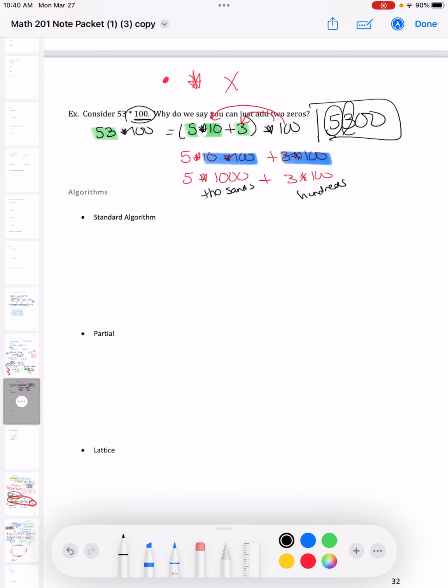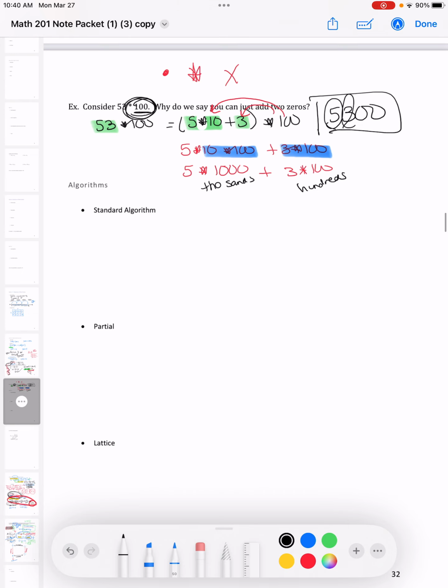So whatever I'm multiplying by, whether it's 100, 1,000, 10,000, those zeros just bump everybody over place values. They just bump their expanded form, give them a bigger number they're multiplying by. And that's why the shortcut works. And we can say, hey, you could just add zeros on at the end. Not all